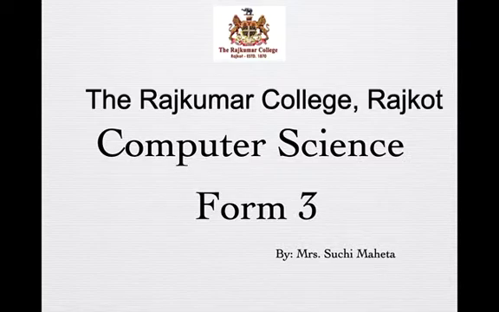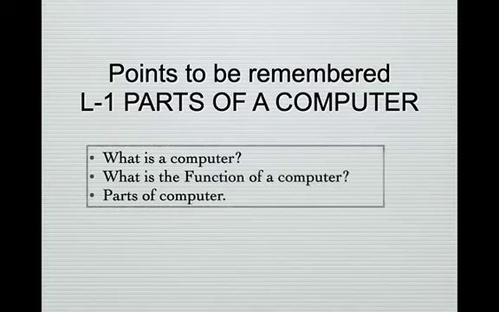Okay, in this chapter what we have learnt, what we have to remember: what is a computer, what is a function, and parts of a computer. What is a computer? We know, right? It is a machine that can do a variety of work. What is the function of a computer? Input, process, output, right? IPO cycle. And even if you want to do storage, then you can include it in IPO and storage. So input, process, output is the cycle of a computer. It is the main function of a computer.